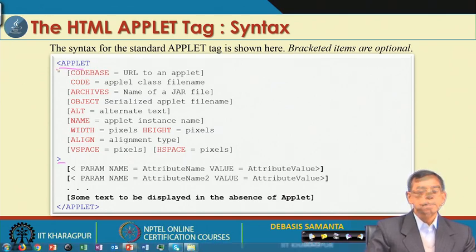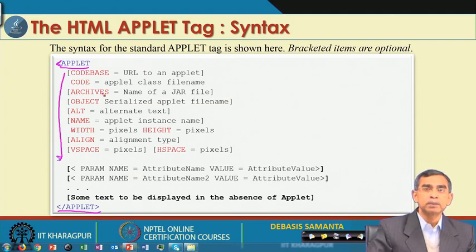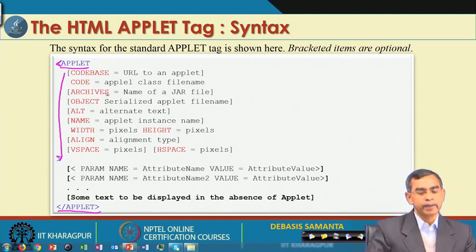So, for example, this is the applet tag initial, and this is the start of the applet, and if you see within this there are a few portions which you can include. And then the curly brackets are basically the different parameters that the applet tag will allow you to specify for your special viewing of your applet.